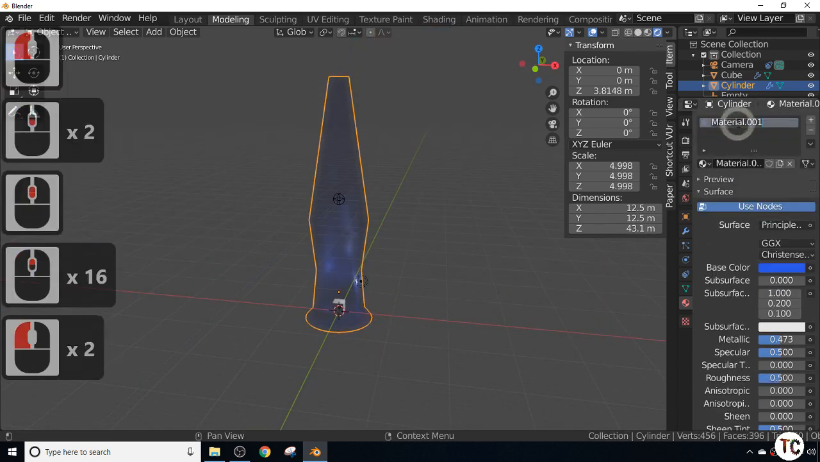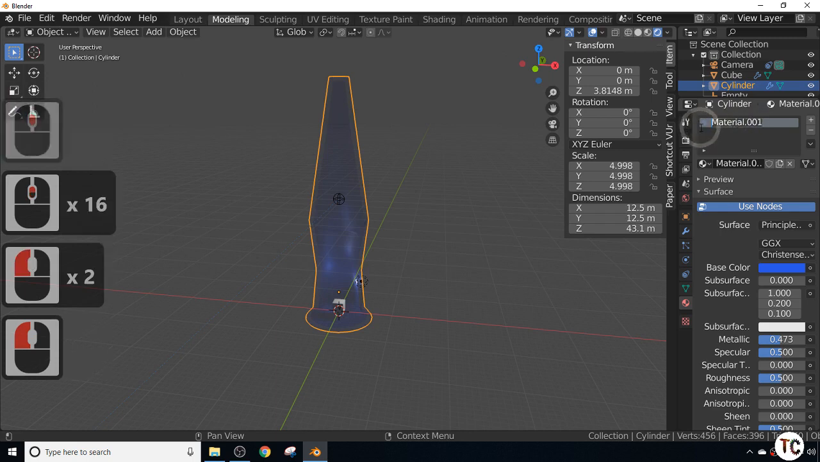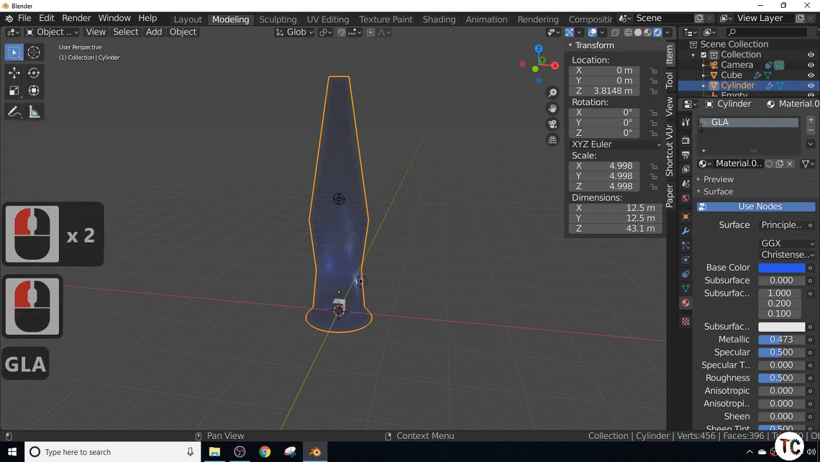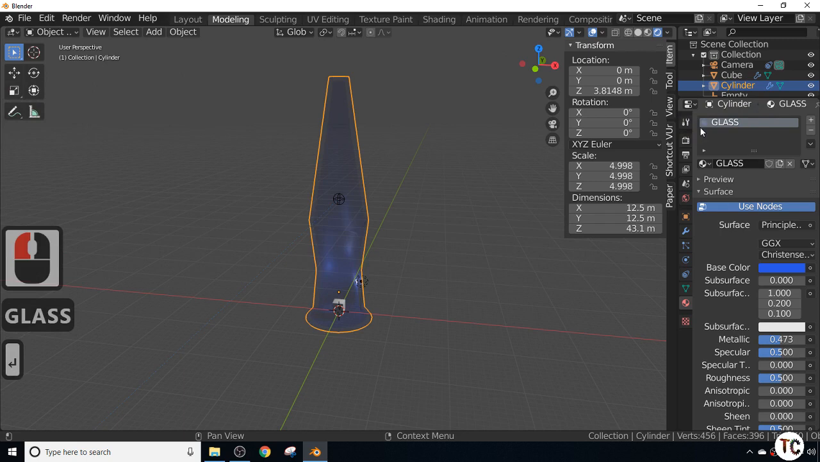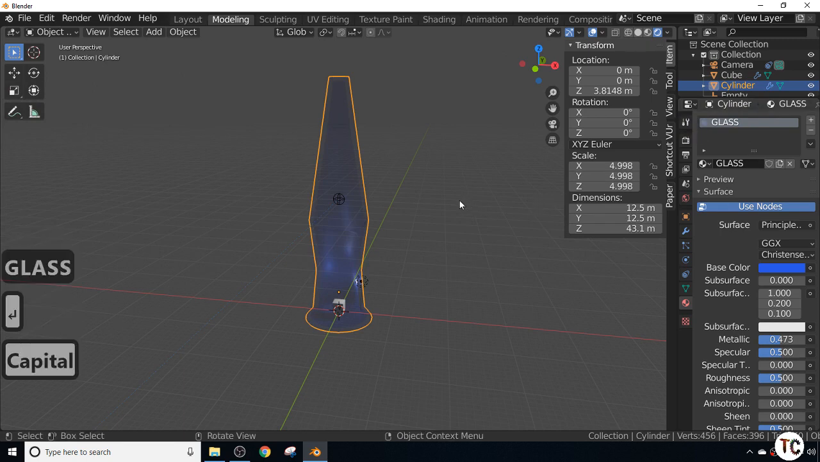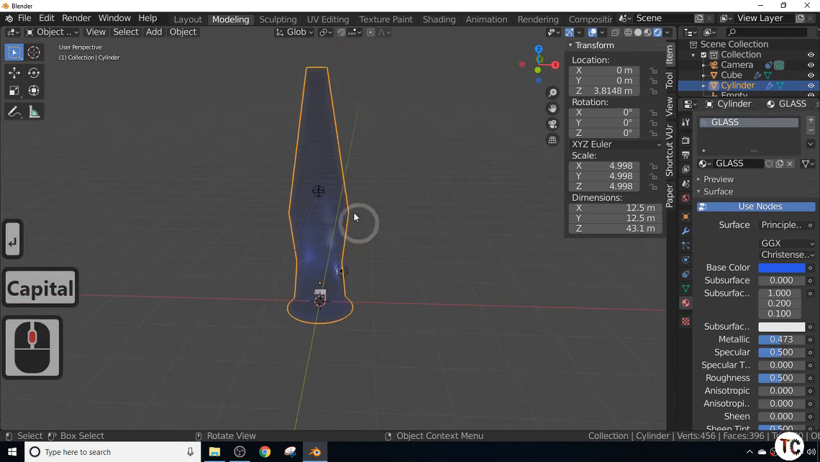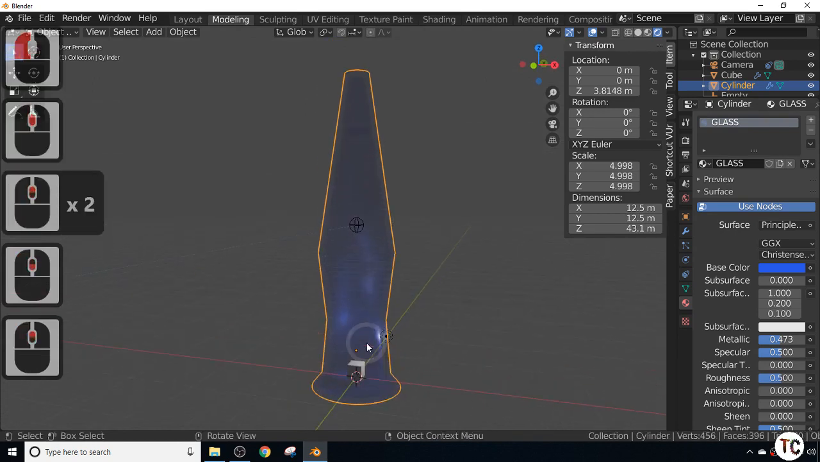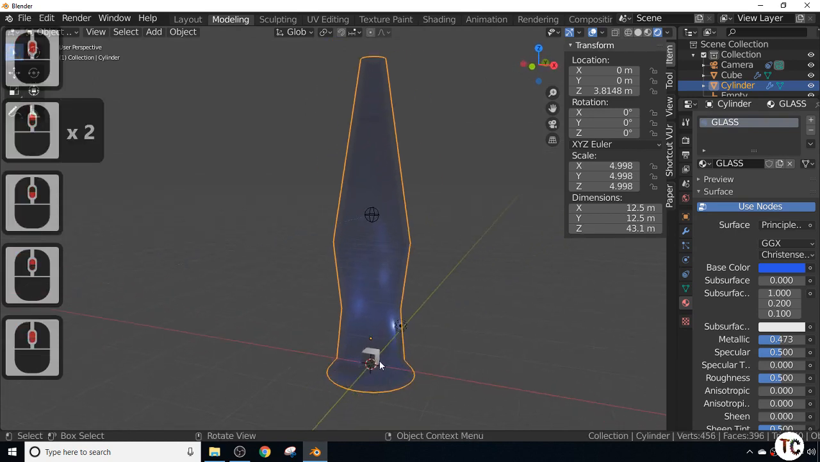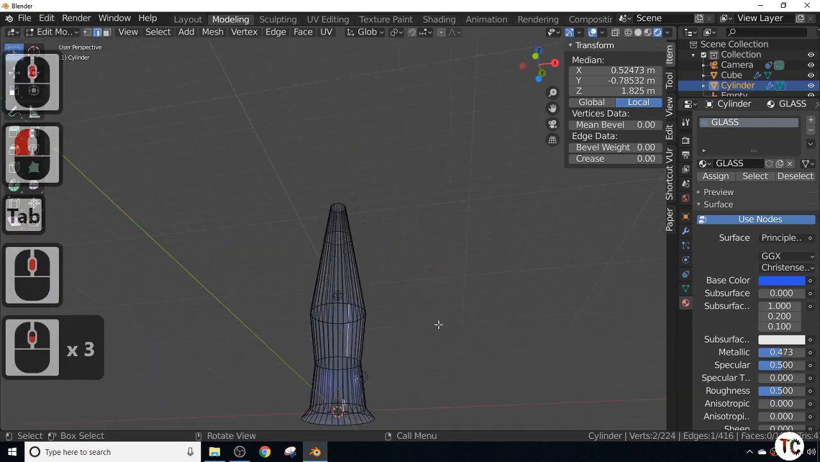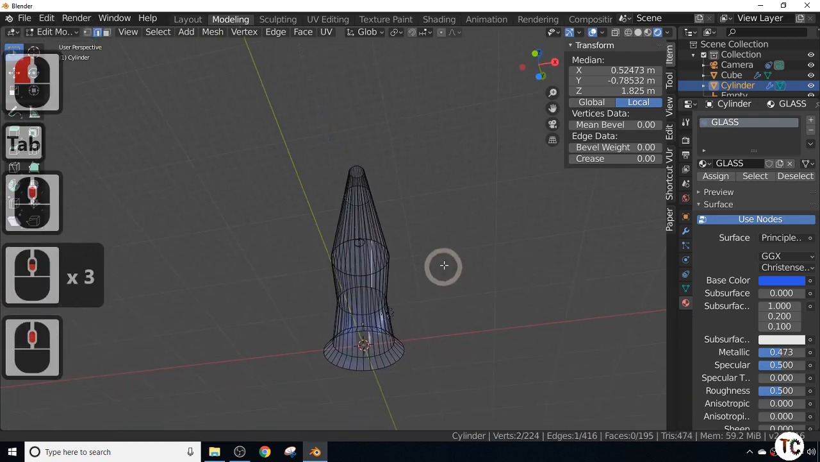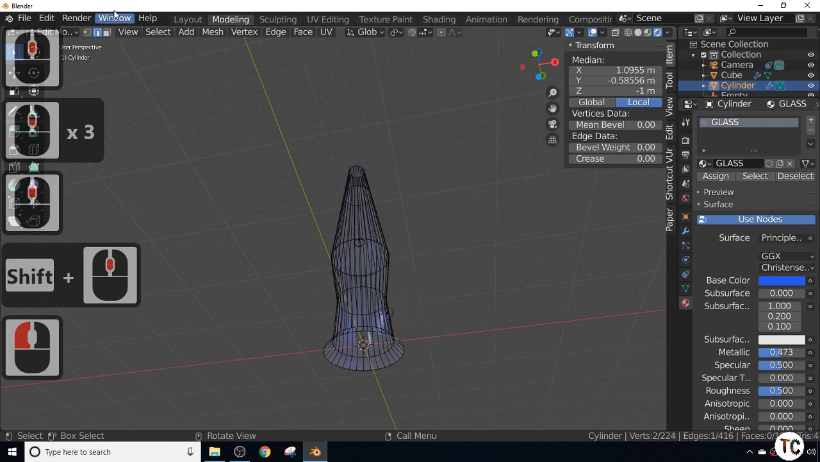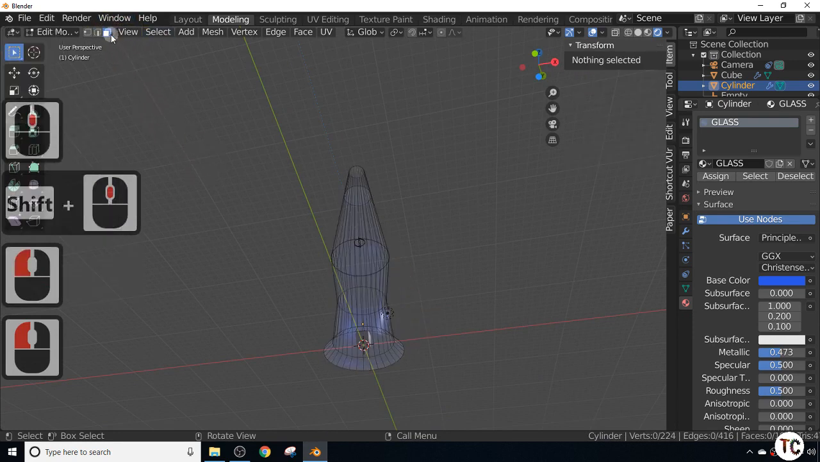Right, with that material selected, we will call that glass. Let's take the caps lock off. We'll call that glass. And as you can see the cube through the glass. Go into edit mode, select the base of the lava lamp,